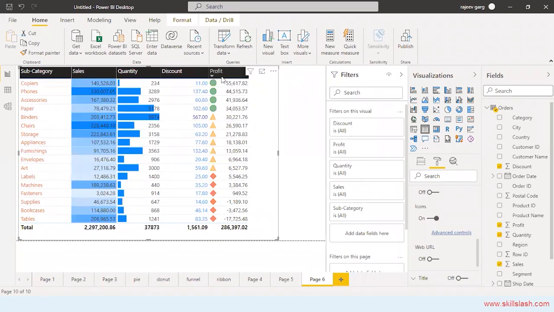So these are the ones which are generating the good sales, good profit, average profit, and these are the ones which are not giving a great profit. So it is automatically bifurcating it on the 33%. Overall profit divided 33%, 66%, and the 99%. This is how it is being distributed. So this is how we are getting automatically the conditional formatting over here.